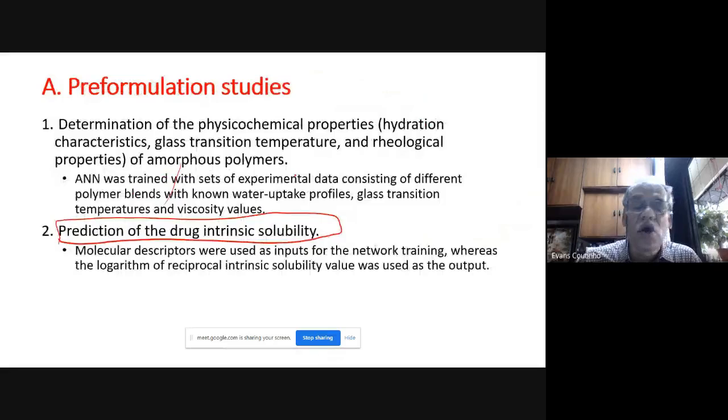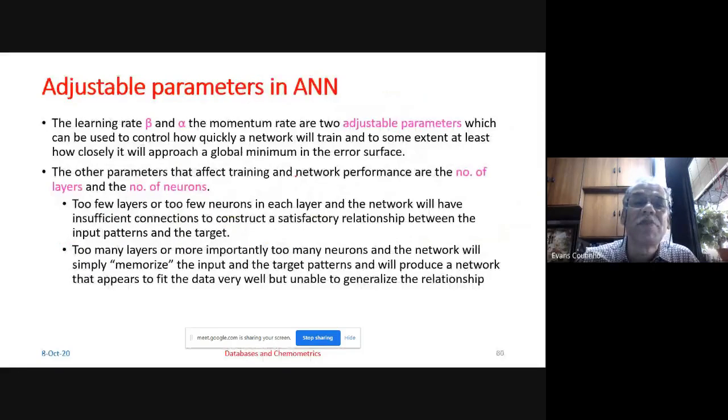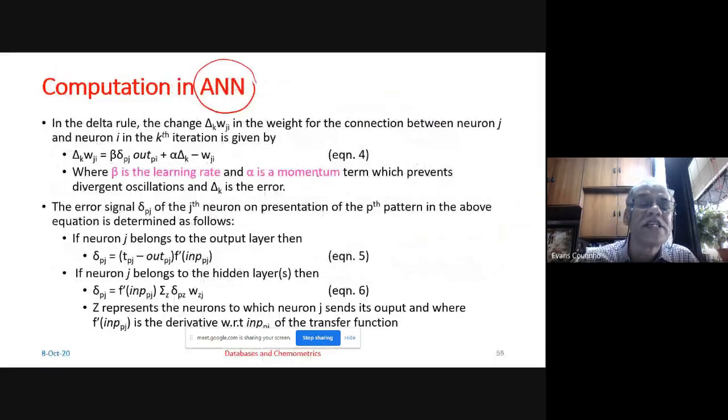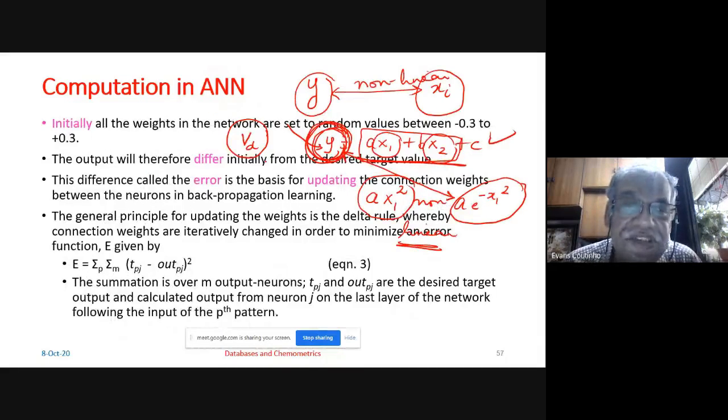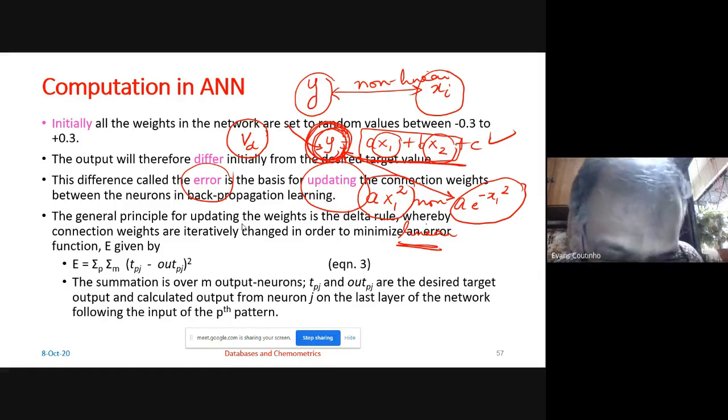I know there is a lot to talk about the construction, about the errors, how the error is back propagated, how the neural network learns finally and develops a good Y equation out here. There's a lot to talk about feed forward, back propagation, neural networks. How is the error back propagated into the network so that the error is minimized? There's a lot to talk about, but I think you're all getting bored, and I will stop at this